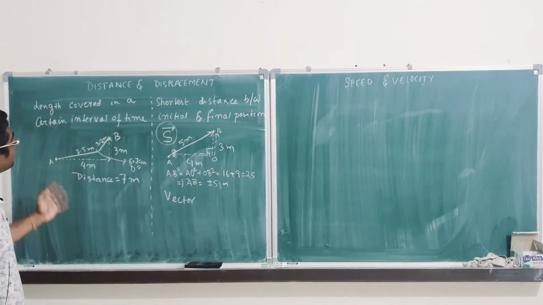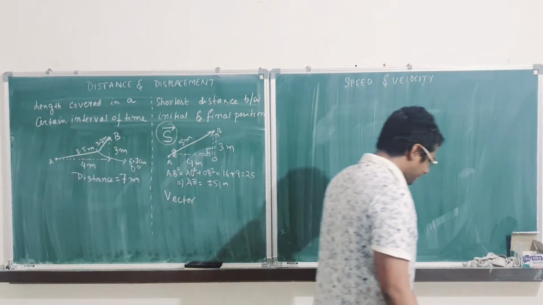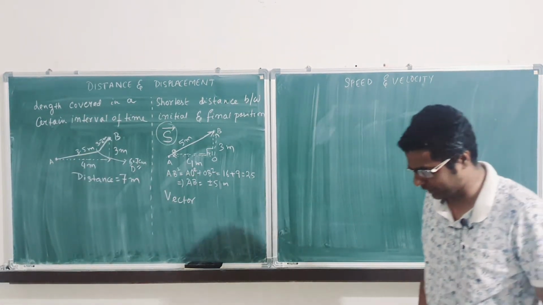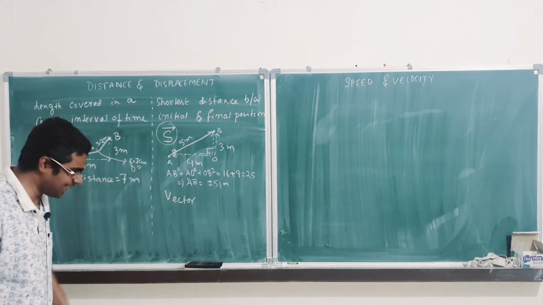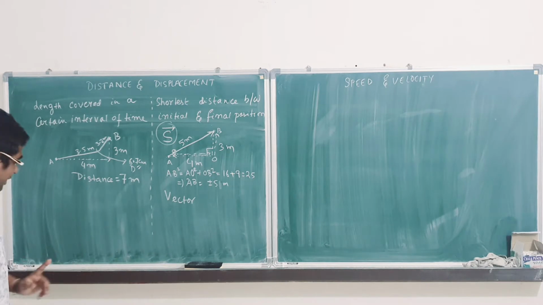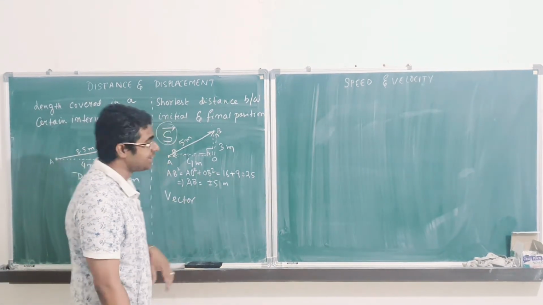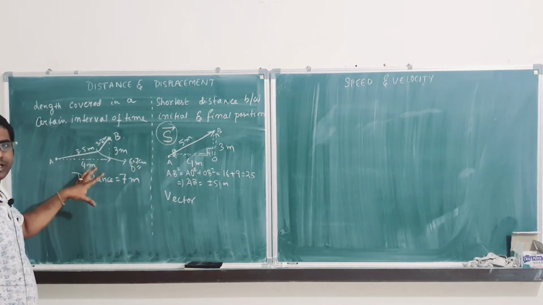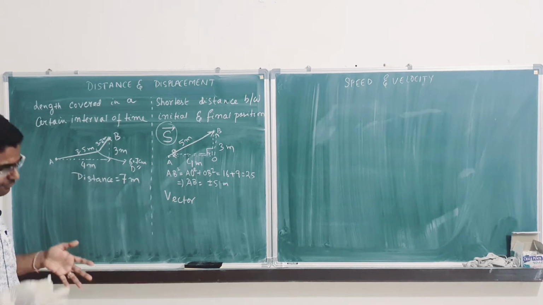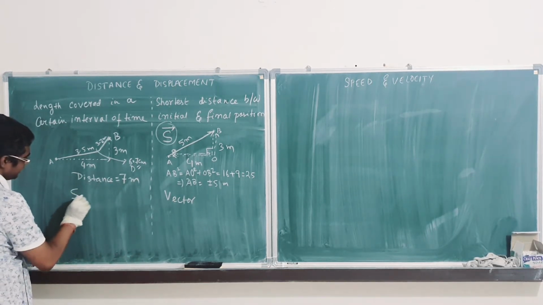Whereas if you talk about distance, if I go in a spiral path, then you will measure one by one what the spiral path length is, and that will be distance. But displacement is always the straight line between these two, the minimum distance, correct? So in case of distance, it doesn't have any specific direction, and if something doesn't have any direction and has only magnitude, we call that scalar.